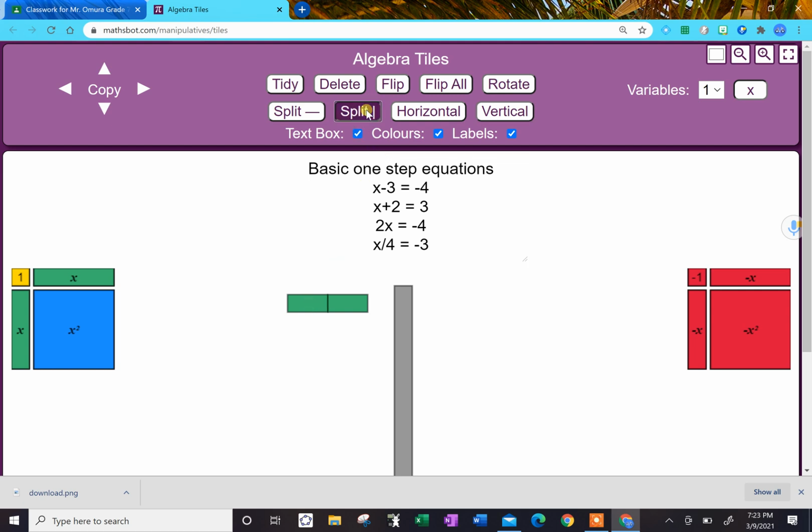So here's my x, but I'm going to split it into 4 groups, and it's equal to negative 3. 1, 2, 3. Well, that says x divided by 4 is equal to negative 3. So really what I need is, I now need to make this one full x. Well, in order to do that, I'm going to need